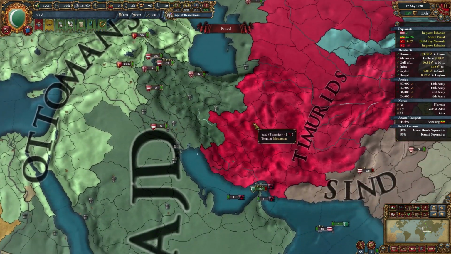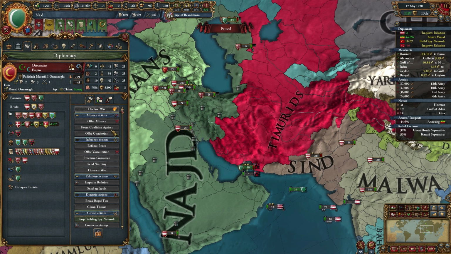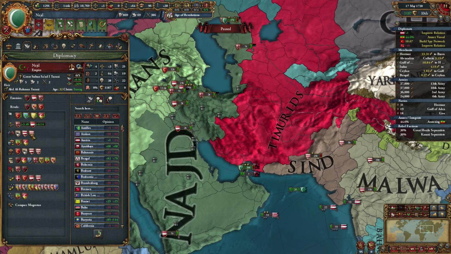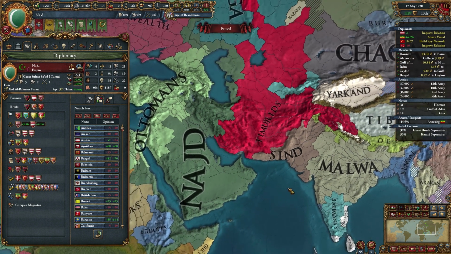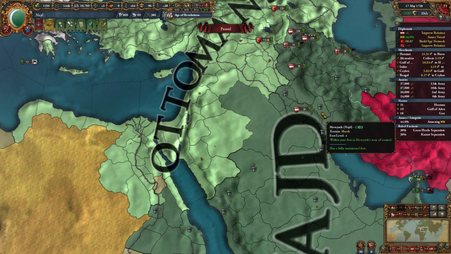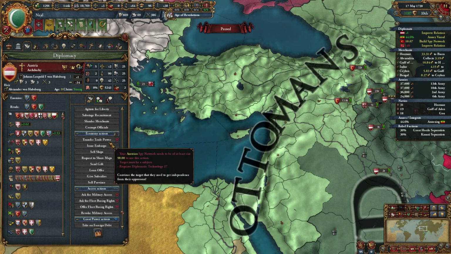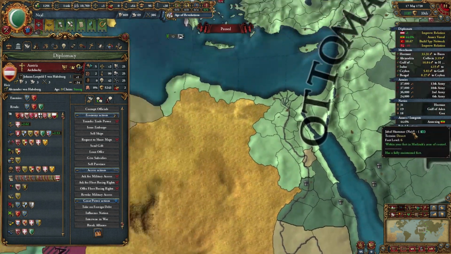My truce with the Ottomans has just ended. However, I mean, the Ottomans have got Timurids. I've got Tunis, Sind, and Malwa helping me. And, you know, my army is no slouch on its own. So I'm not terribly worried about...